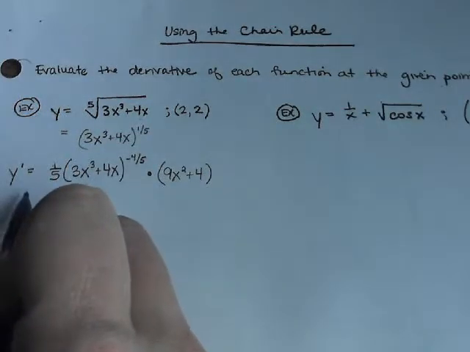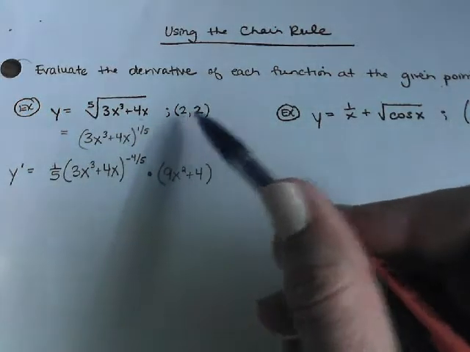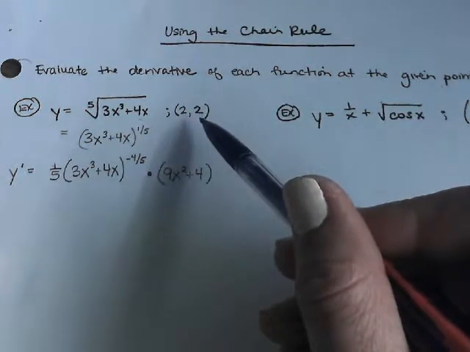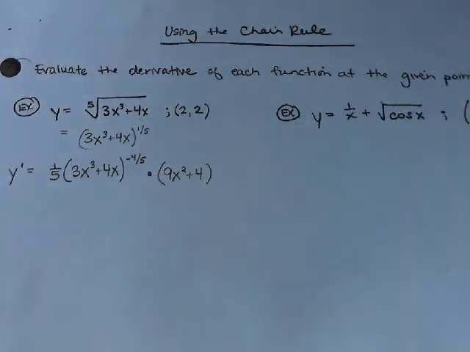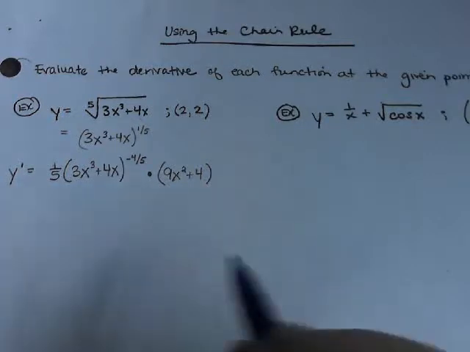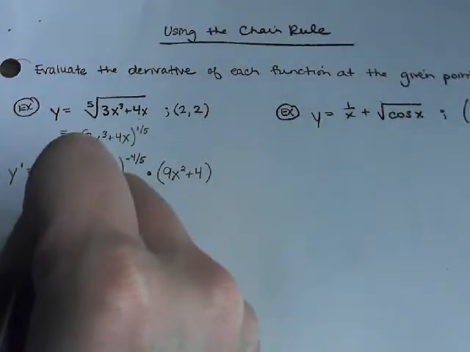So then, we can go ahead and just evaluate right off the bat if you want. That's the beauty of evaluating versus just finding the derivative, is that I don't have to worry about simplifying and making the form match anything. I can just evaluate this now at an x value of 2. So if I plug in 2,